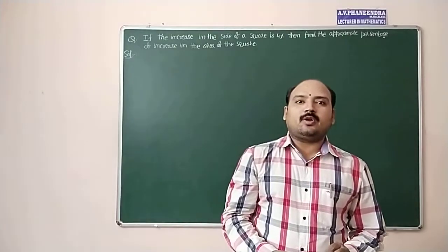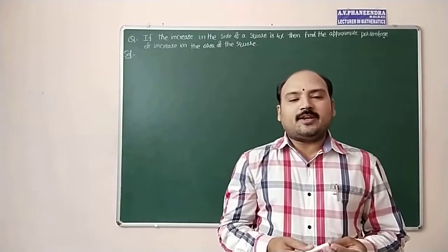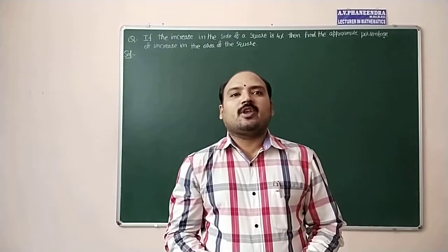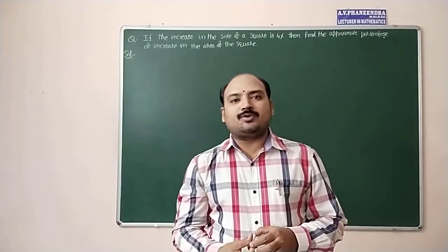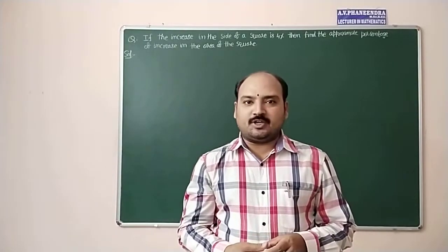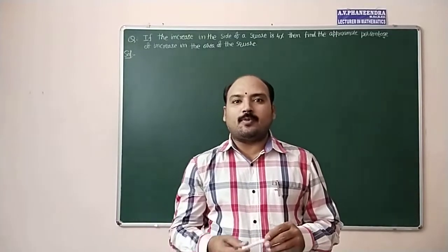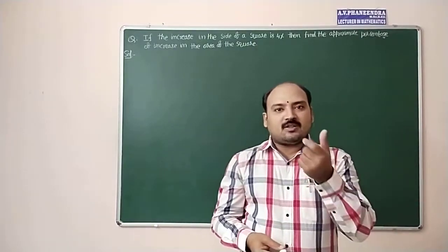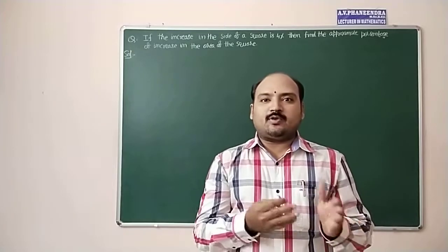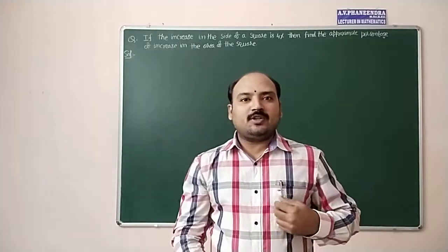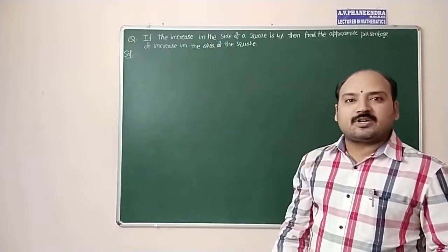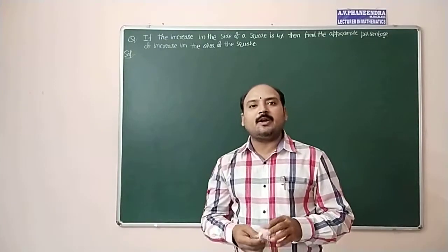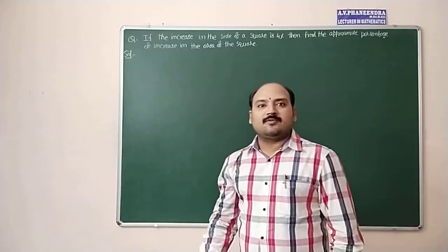In this episode, we are going to discuss the relative error and percentage error related problems. In the previous session, we discussed the approximate value of the function, that is f of x plus delta x is approximately equal to f dash of x into delta x plus f of x. Based on that formula, we discussed 5 to 6 problems in the previous session. Now in this session we are going to discuss percentage error or percentage increase, relative error related problems. Now let us have a discussion on the first problem.